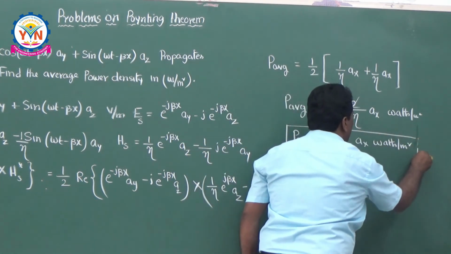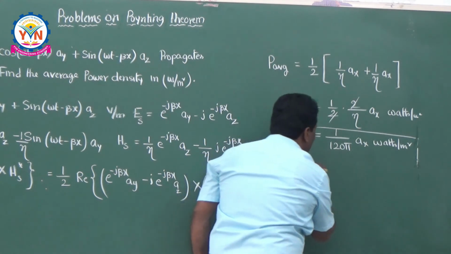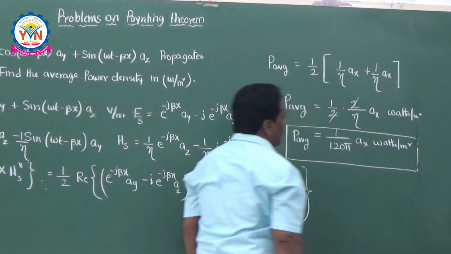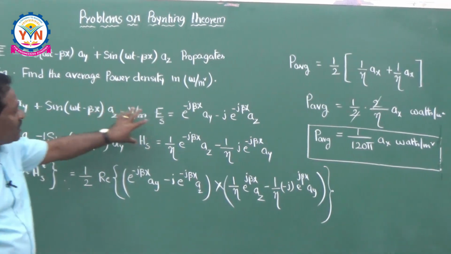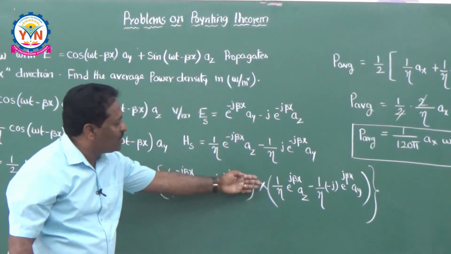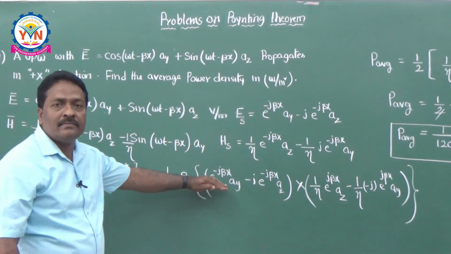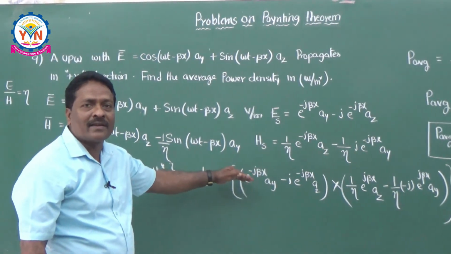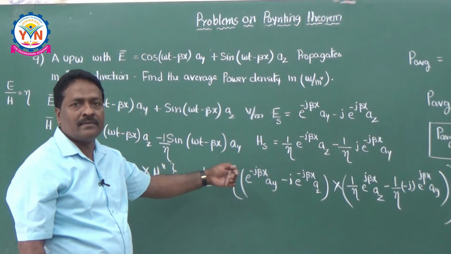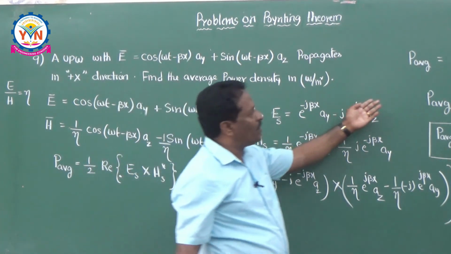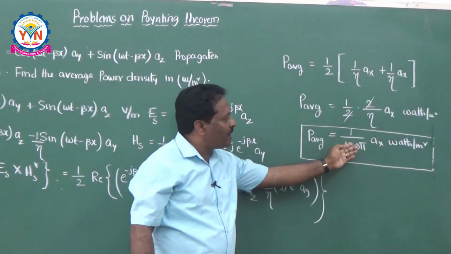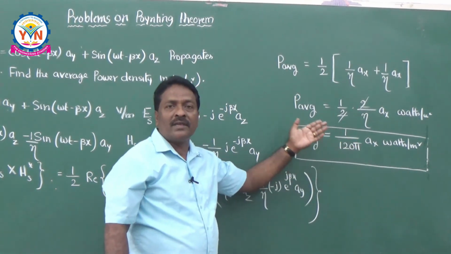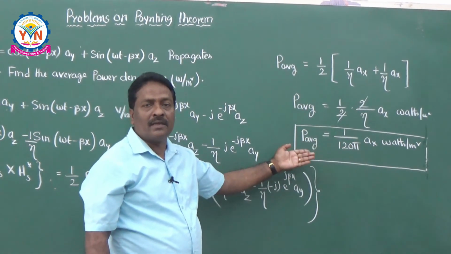So this problem, even though it seems to be somewhat complex, but if you know the notation of converting your equations into phasor notation, happily you can do this, and most of the time the complex Poynting vector is helping you for getting these results. So this is the way of doing this problem. So finally this is the P average, which is a given problem in your IAS examination.